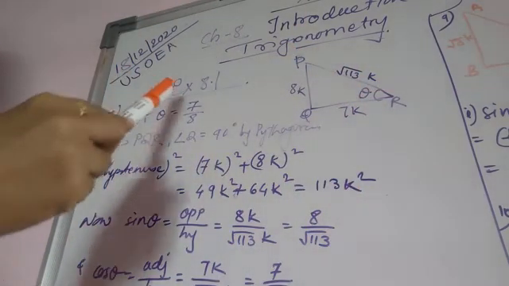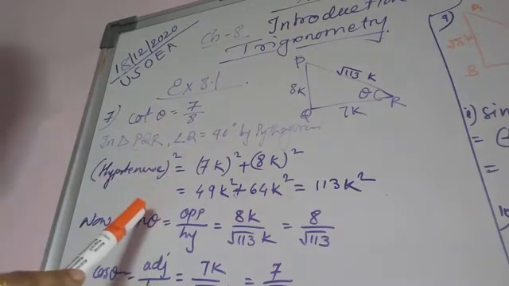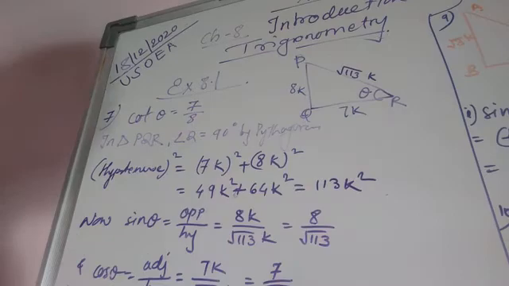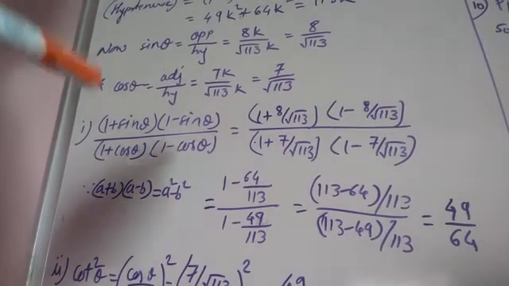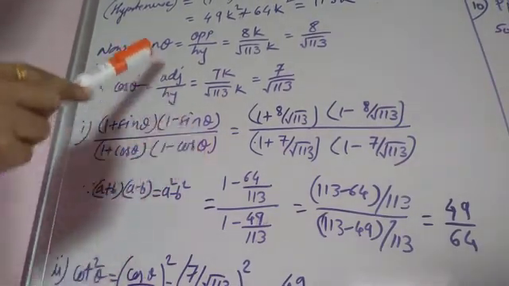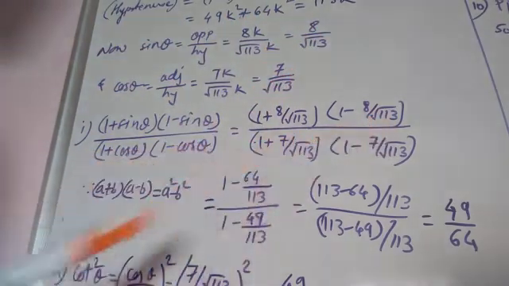We know that if any trigonometric function is given to us, we can find out all the other trigonometric functions. Like this, we have to find the other trigonometric functions. Now, in the given equation, it is asked to evaluate this one. Here we need the value of sin theta and cos theta, so we have already calculated them and we are going to put them here.